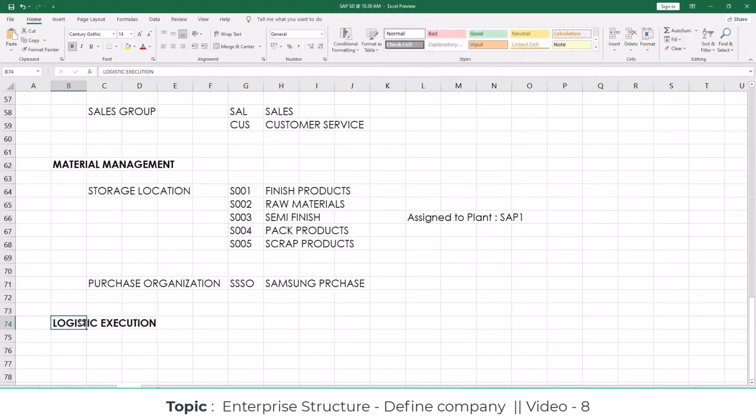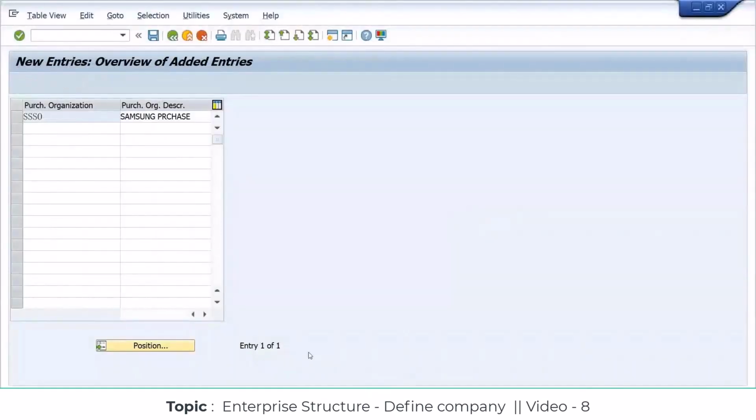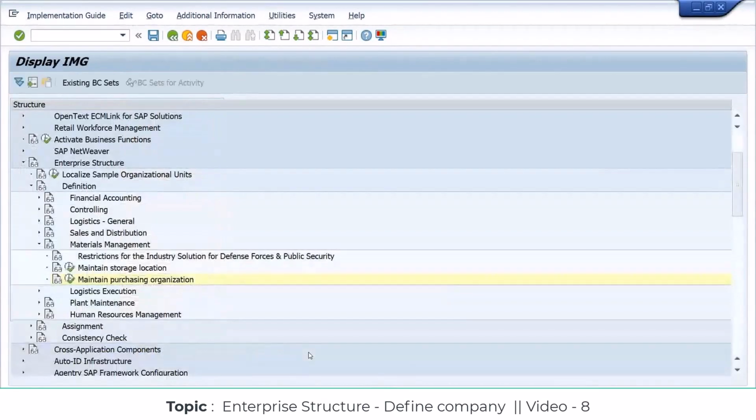Work out with this logistic execution module. Now, this module will be taking care of what? Our shipment activities. It will be taking care of our shipment activities over here, doing all the transportation process. Now when we talk about this particular logistic execution module,